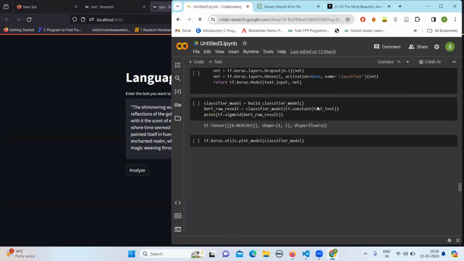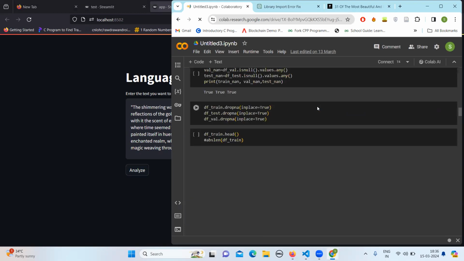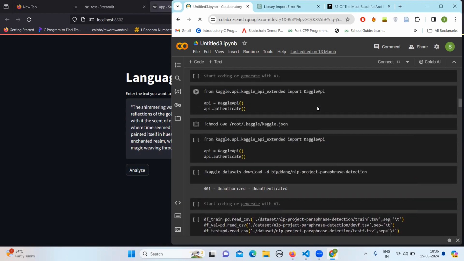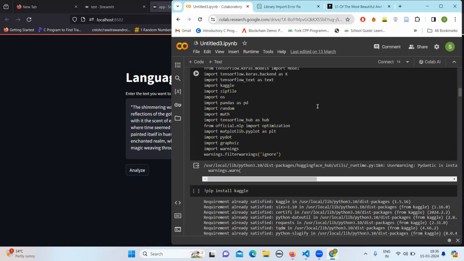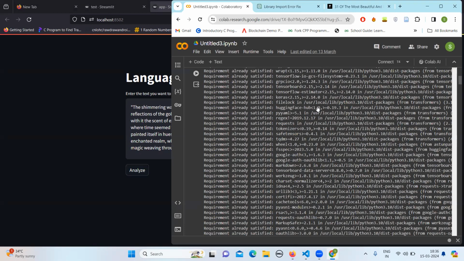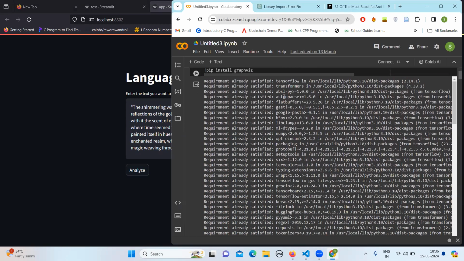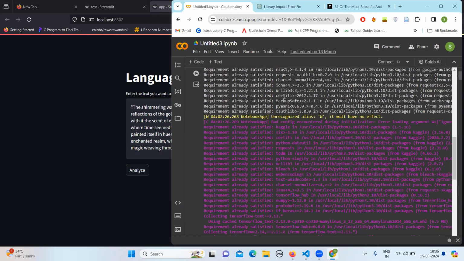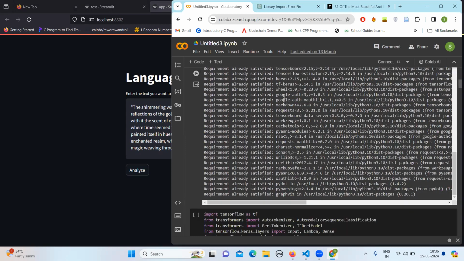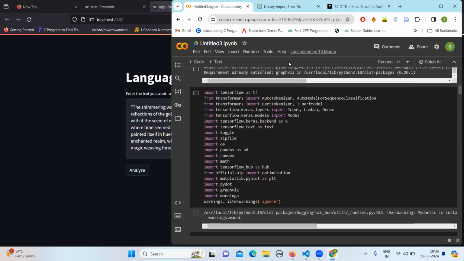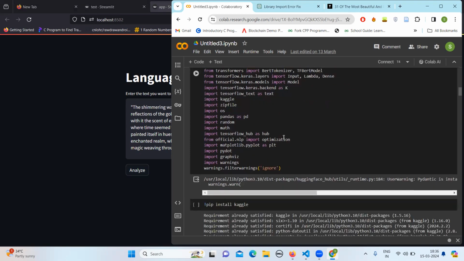This is taking some time. So while this loads, I'm going to show this. So this is a paraphrase detector, in which we import all of these libraries, transformers, and so on. And after installing, which takes a lot of time, we use the BERT tokenizer. BERT is